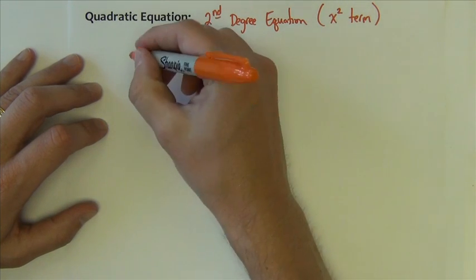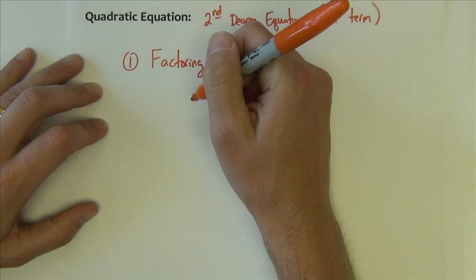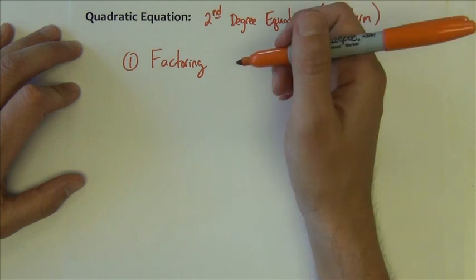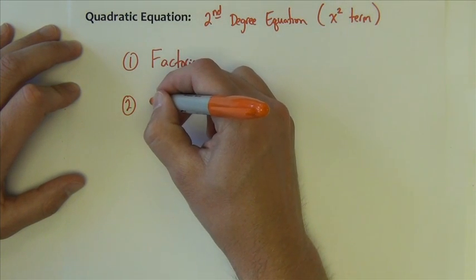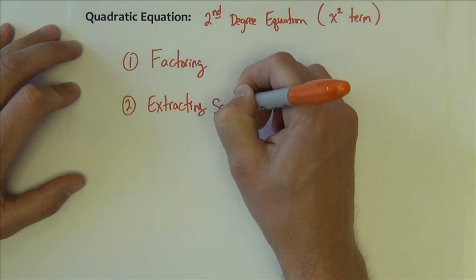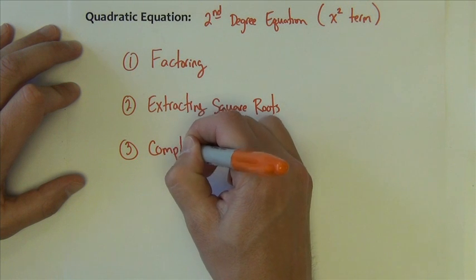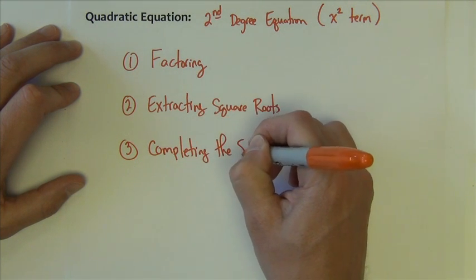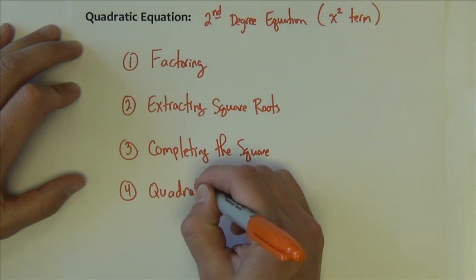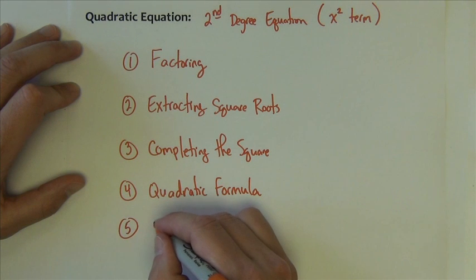Okay. Now, solving quadratic equations, we have a few techniques. Of course, we can use factoring. I say of course because we just did that on the last slide. So we can factor to solve them. Can't factor to solve all of them, but we can factor to solve some of them if it's a factorable equation. We have a technique called extracting square roots. We have a technique called completing the square. And we have a final technique called quadratic formula. I guess I shouldn't say final technique. We could also